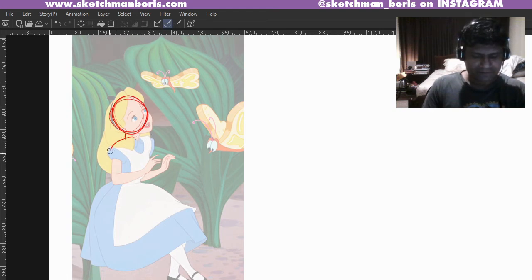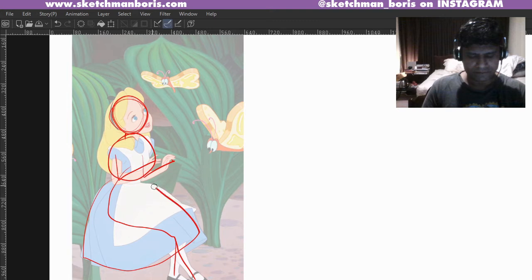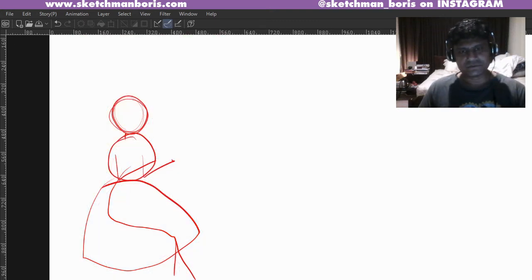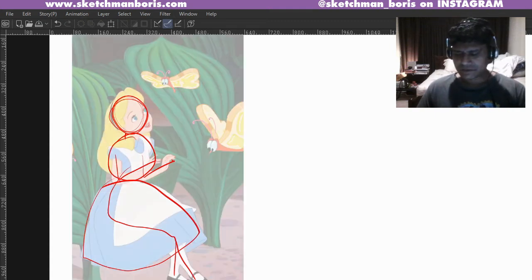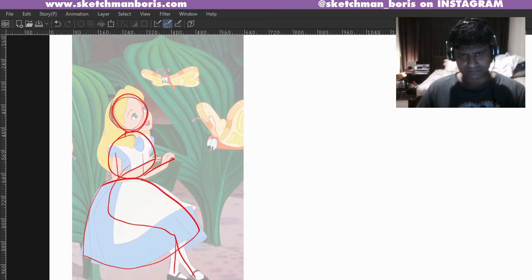And then there's the torso area and her arms. See, you can actually really simplify it. Her legs will be here, and her dress. That's the structure of the drawing. And also, I chose this picture not because it was the best one, but because it's the one where you could see her full body. And so okay, let's